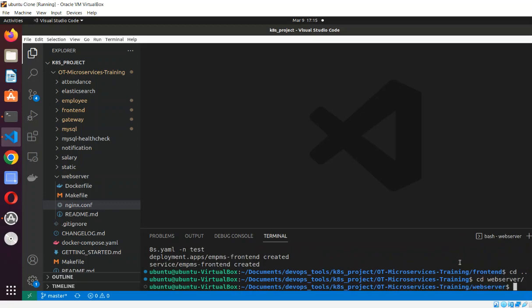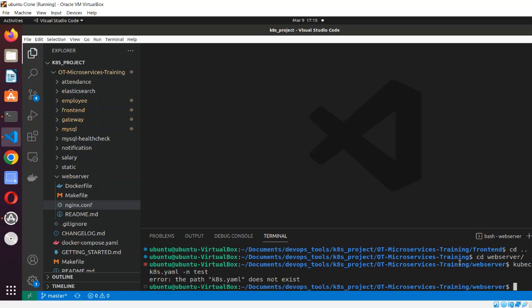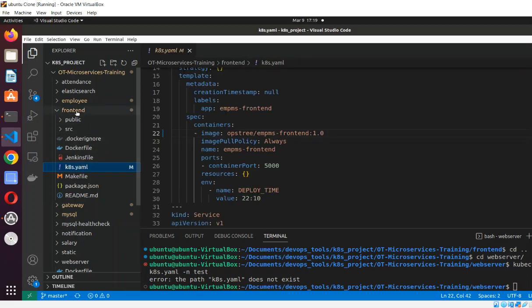Then we have the web server. Under the web server, we can just simply apply the files. Here we get the error, the path doesn't exist. Okay, here we check in the web server only, we don't have any k8s file, so we have to create our own k8s files. We have the front end, just go to the front end and copy its files,